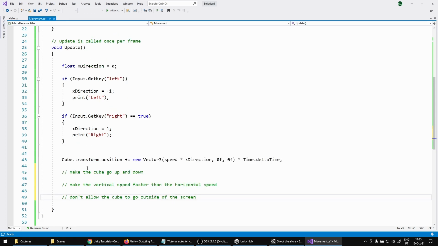Let's see how much you can add to this script, and let's see if you can solve this. This is easy, this is medium, this is hard. Okay, so this is the challenge